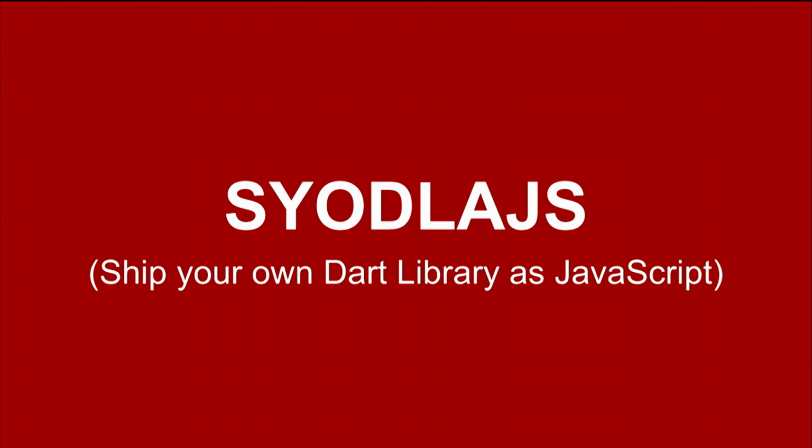But obviously the goal we're getting to, and this is stuff we're just starting to work on, but as the dev compiler and other things come along, this is really a place we want to go. You should be able to annotate your Dart code and say, I want to ship this Dart code as a JavaScript library. And again, the people that consume that library don't need to know that it's from Dart, other than that it has really high quality and few bugs. Yeah, exactly. Other than it's better. Right, other than it's better. So stay tuned for that.